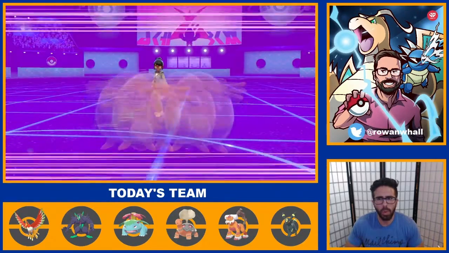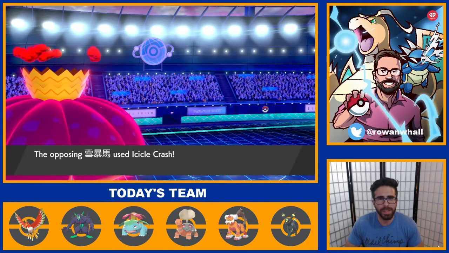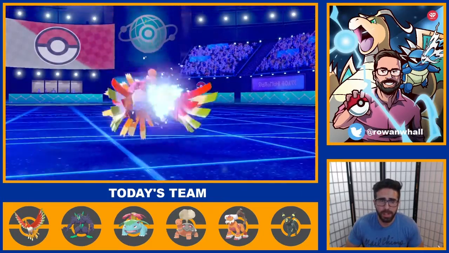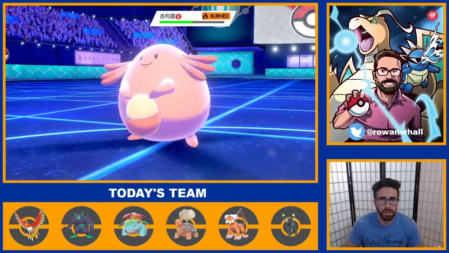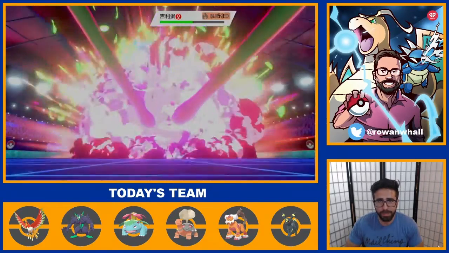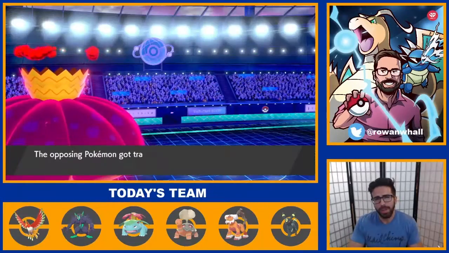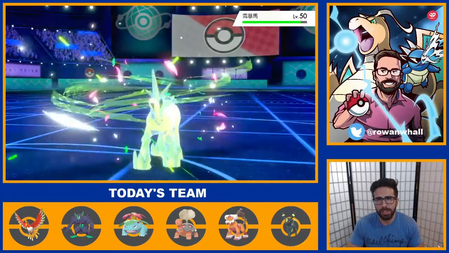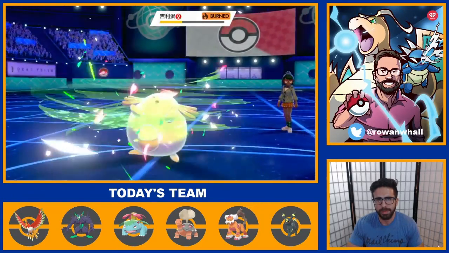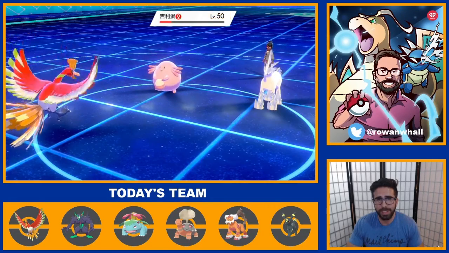Ally switch. Ooh, this could be promising. And they miss Icicle Crash. Okay, so we're both gonna double into Chansey now. It's good. We've seen Sacred Fire, but it was under Sun before. Oh god, that special defense is just too good. And they're just gonna soft boil this turn is the thing. Which is absolutely tragic considering